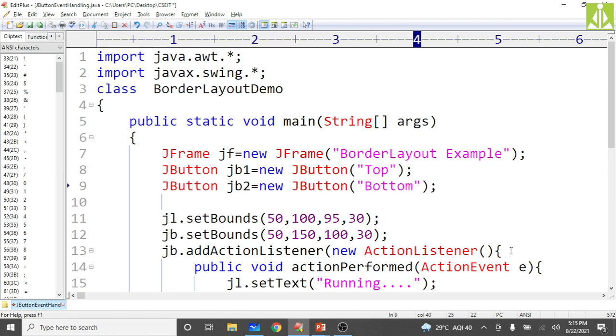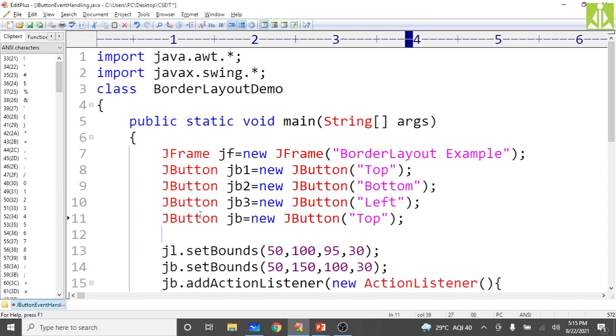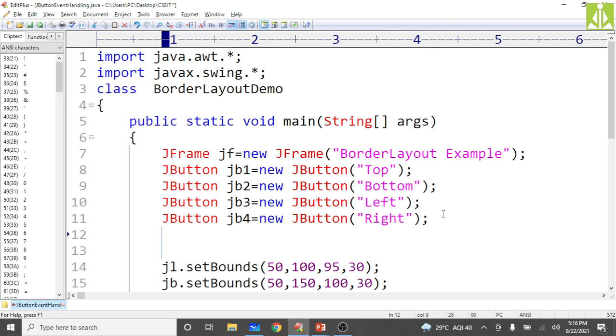Then another button JB3, and I will put this button at the left. Then another button JB4, I will put this button at the right. And next we have another one, JB5.